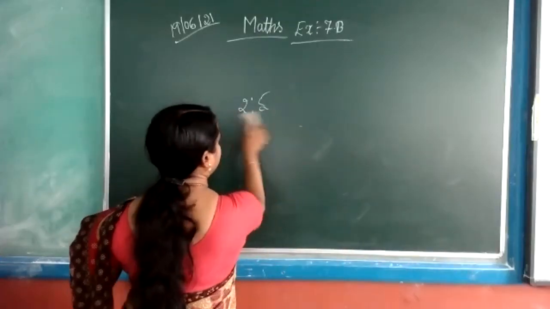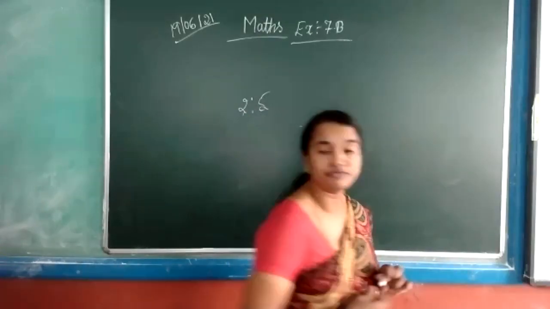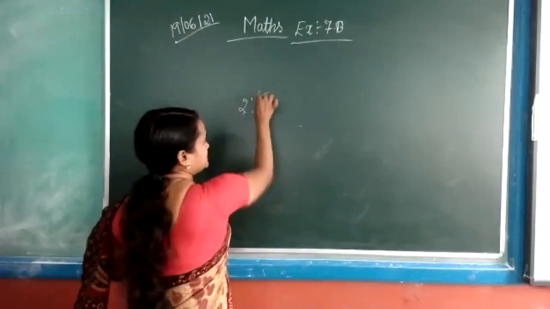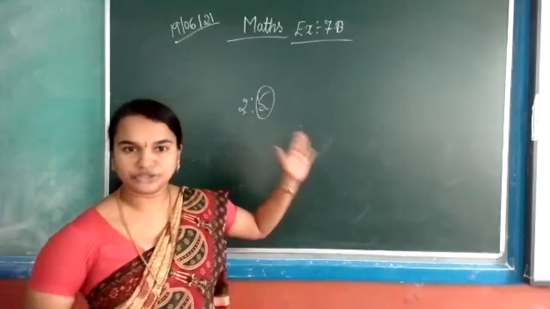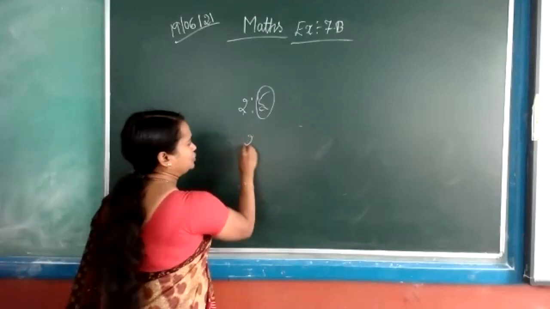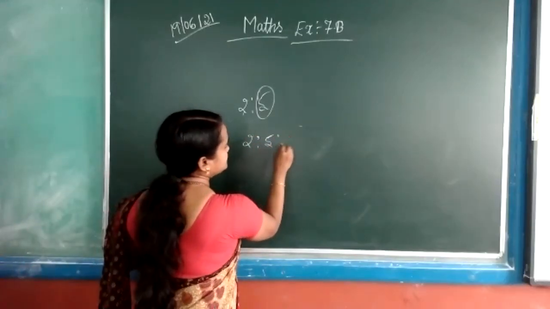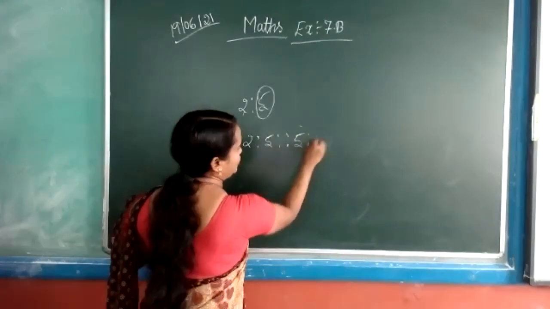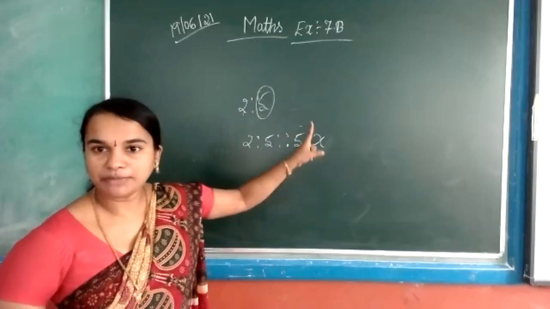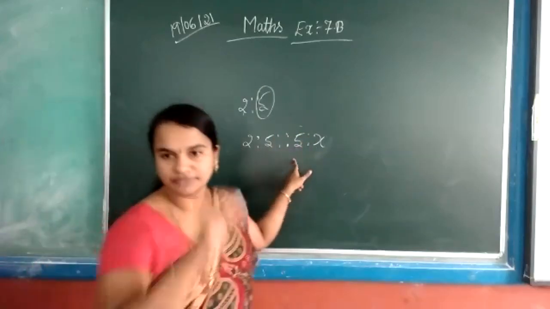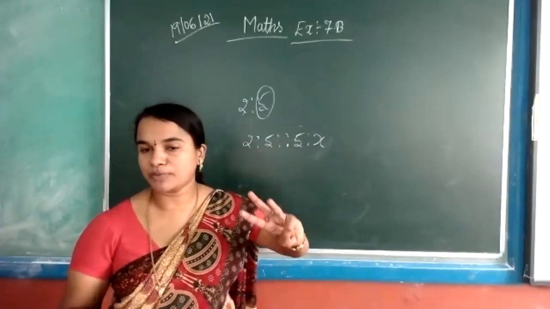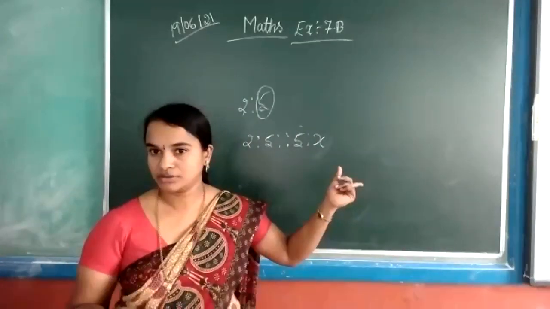And these two are given, don't get confused. They will ask us to find the third proportion. Third means the second part will continue once again, and in the fourth place it will be x. That means 2:5 is as 5:x. Clear? If it is mean proportion, both in the center, it will be x. If it is third proportion, don't get confused between third proportion and mean proportion. Clear?